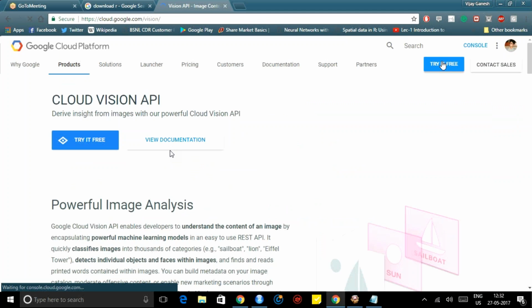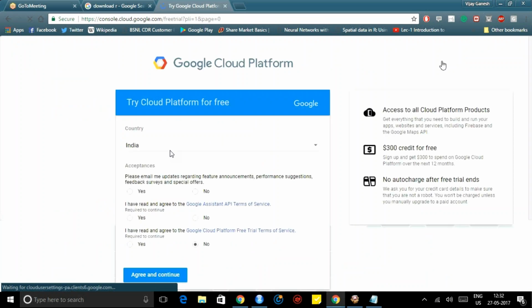If you want to implement what I showed you in your application, for example an Android app where you take a photo and want to describe it, you need not write the entire code. Google provides an open source API.